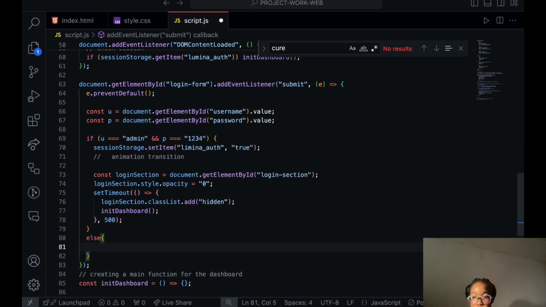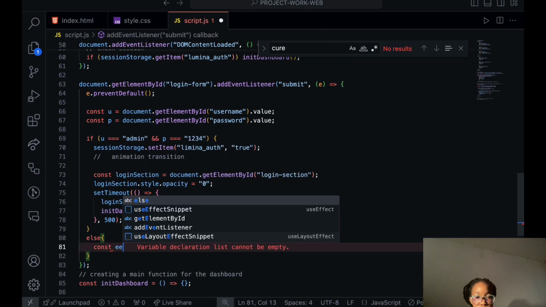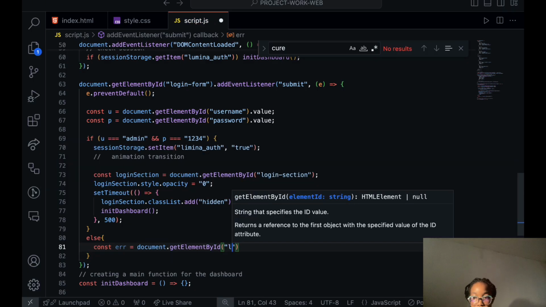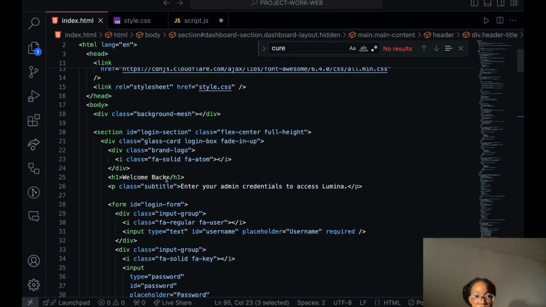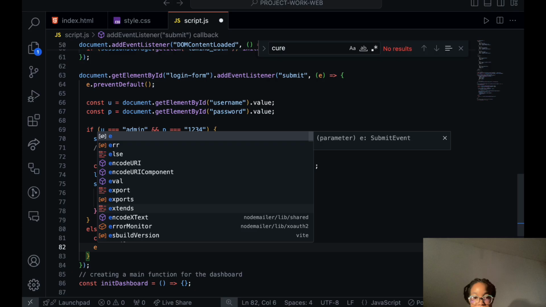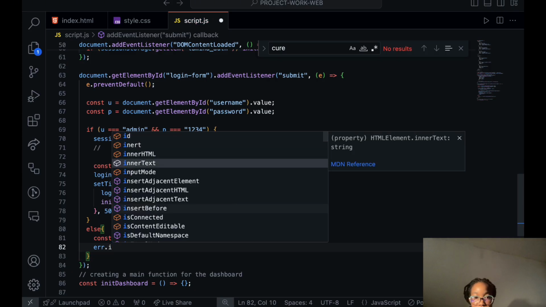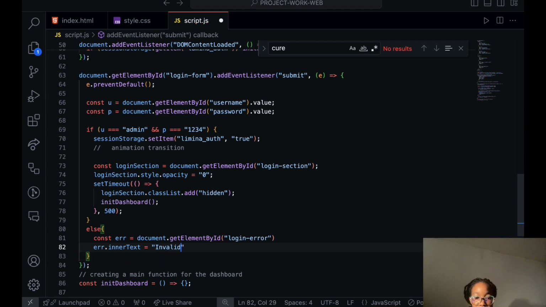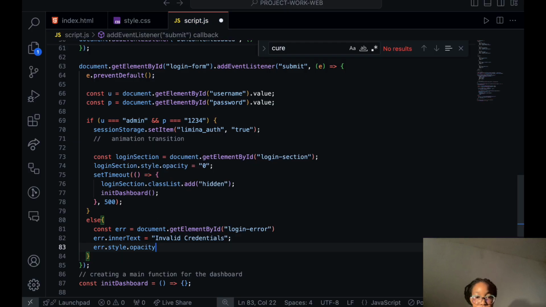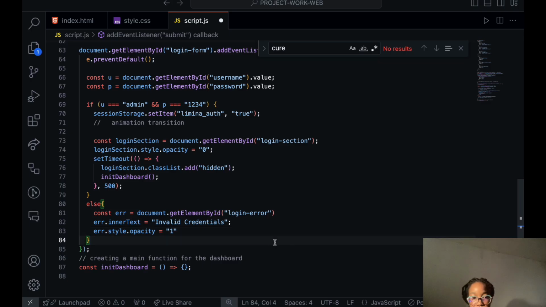So else, if that is not so, we create an error. document.getElementById, the login error, and error.innerText. Okay, so now the next